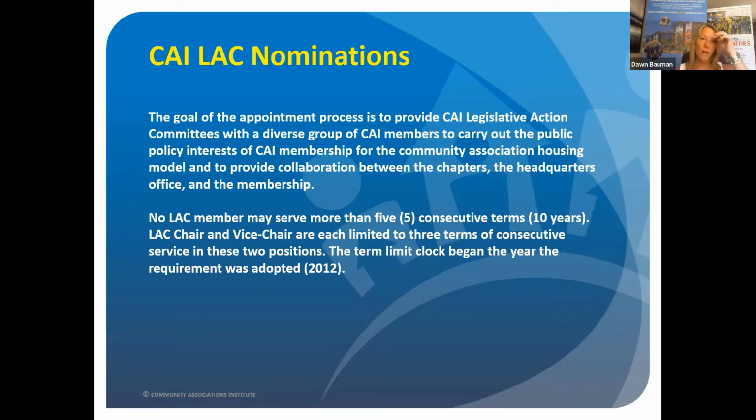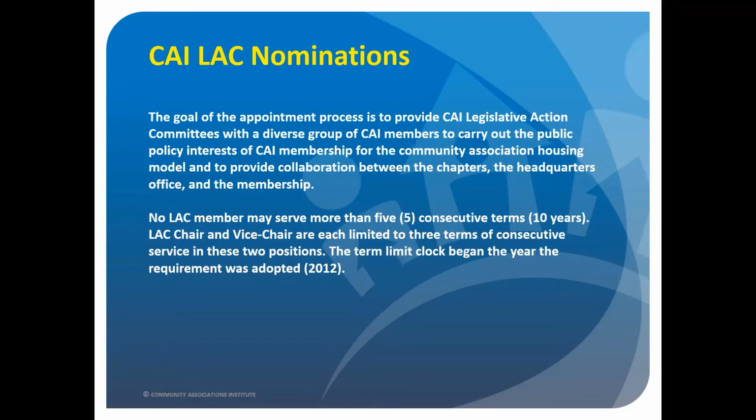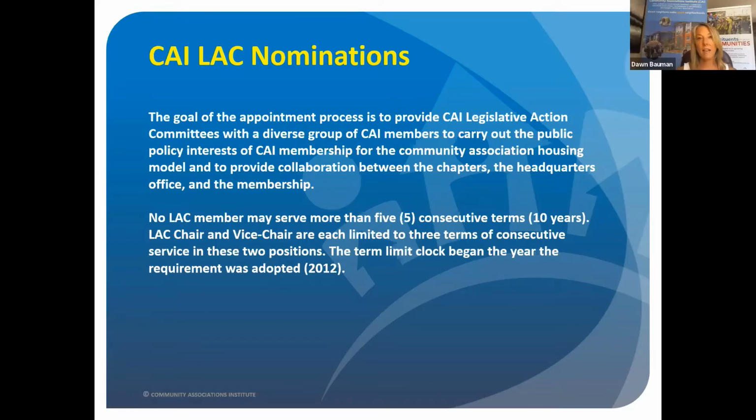Like I said, we have some guidelines, the LAC operational guidelines. I'm going to show you a link to those guidelines in a little bit. But those guidelines define how we do the appointment process. Now, the chapters appoint delegates to the LAC. And there are a couple of common guidelines that we need to continually enforce